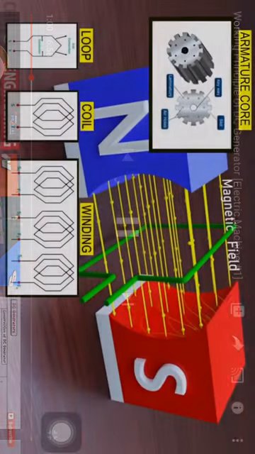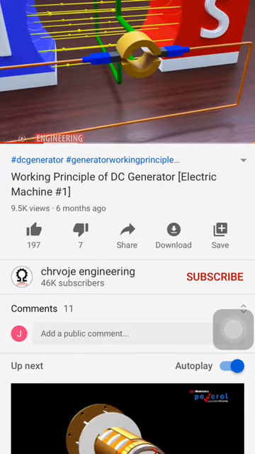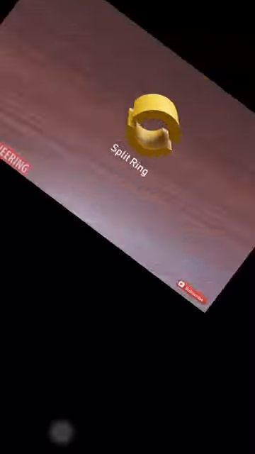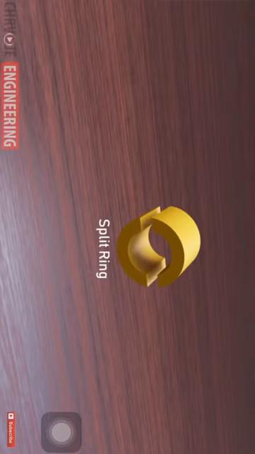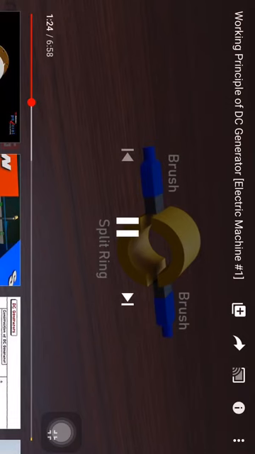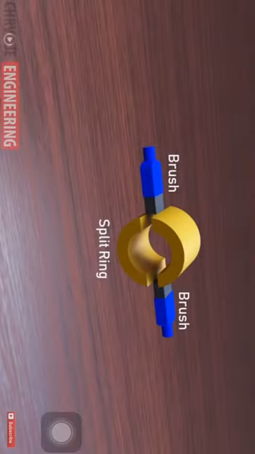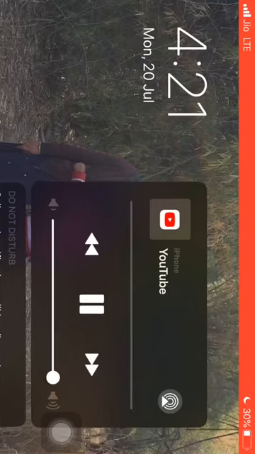The armature loop cuts the magnetic field, due to which an electromotive force, EMF, is induced in it. The split ring is a movable device used for reversing the polarity of the current. It's made of copper. The ring is divided through the middle into 2 parts. We must use the split ring to achieve a single direction of current. The brushes are made of carbon. These are rectangular block-shaped. The only function of these carbon brushes of a DC generator is to collect current from commutator segments.